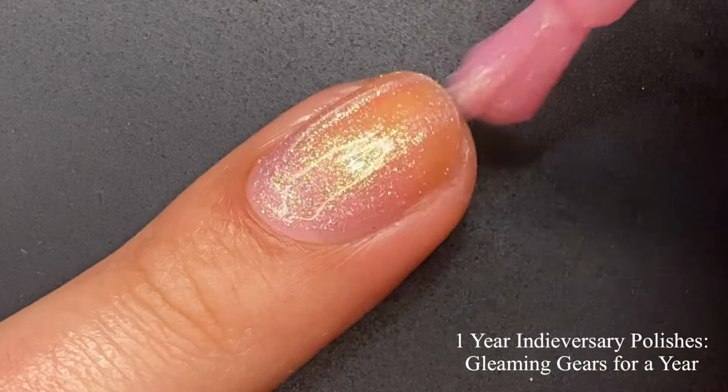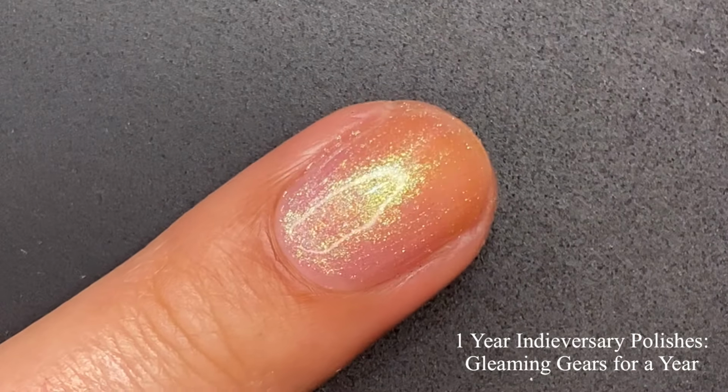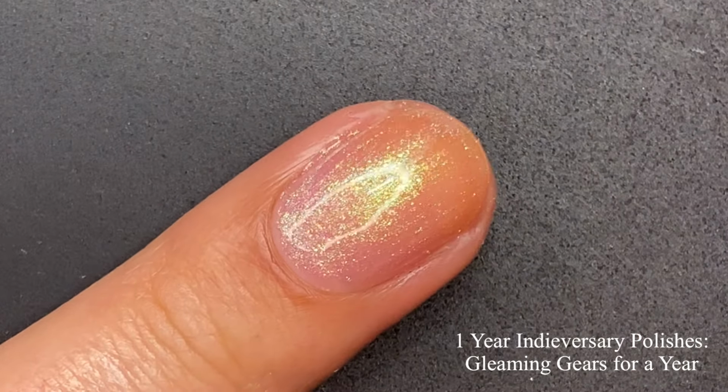But anyways, these will be $12 each and available until gone. This polish is Gleaming Gears for a year. It's described as a cool-toned sheer pinky lilac iridescent multi-chrome with a huge amount of large particle aurora shimmers that sparkle and dance all through the rainbow. I absolutely love